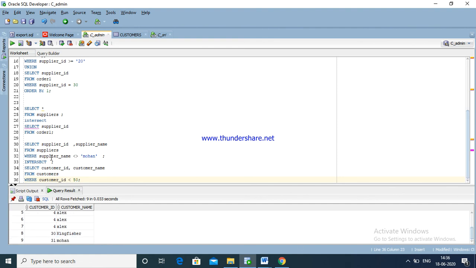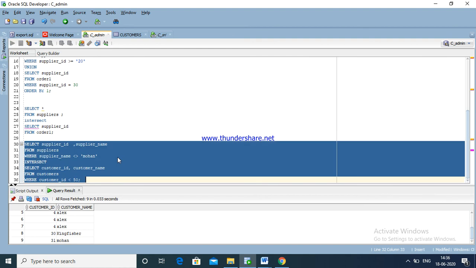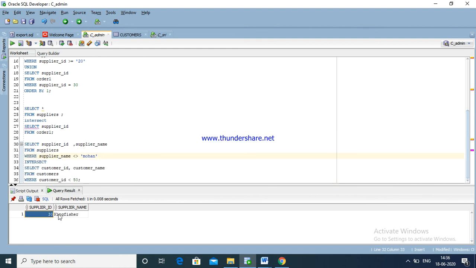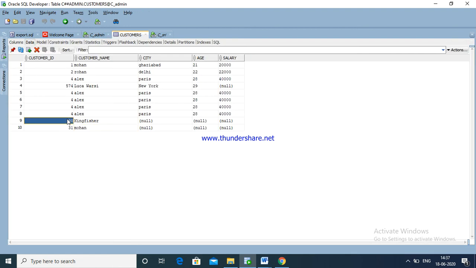Here, 30 records. Now we are going to use this for common records. Now it is going to display the common records, 30. Okay. I'm going to use Alex.